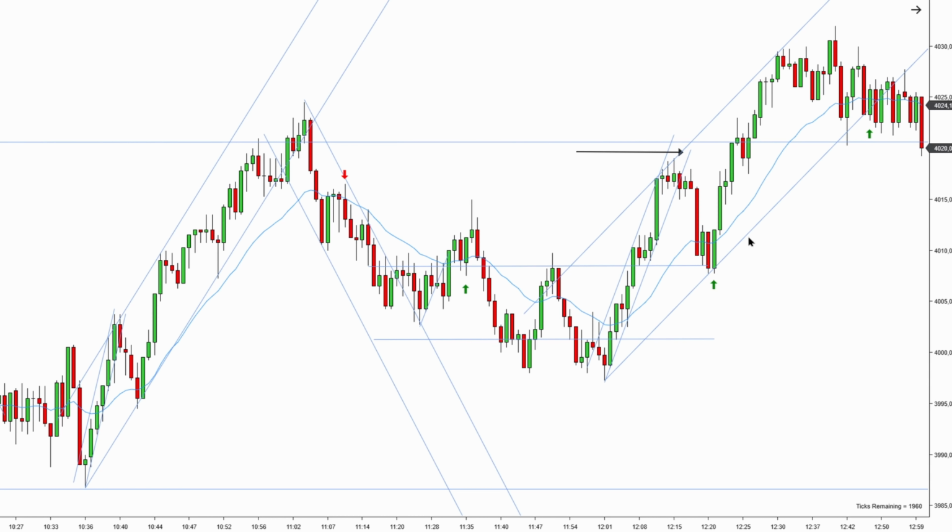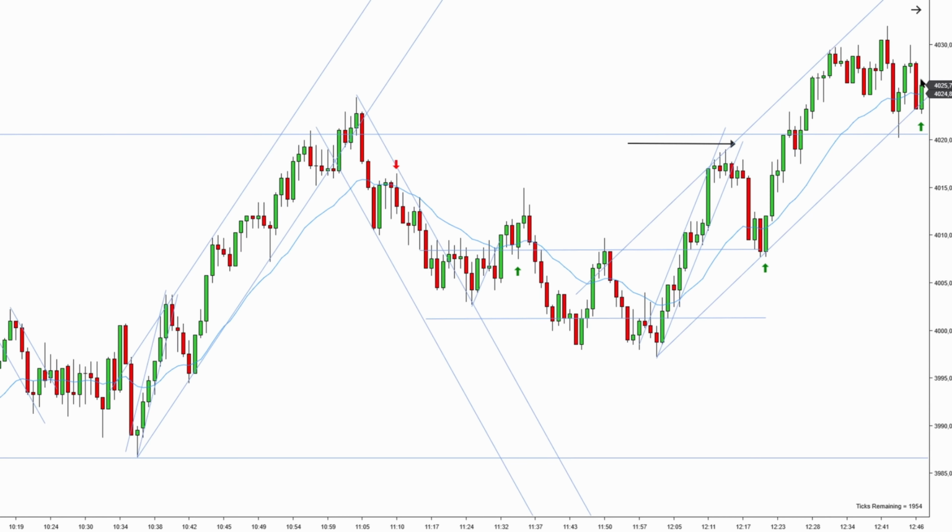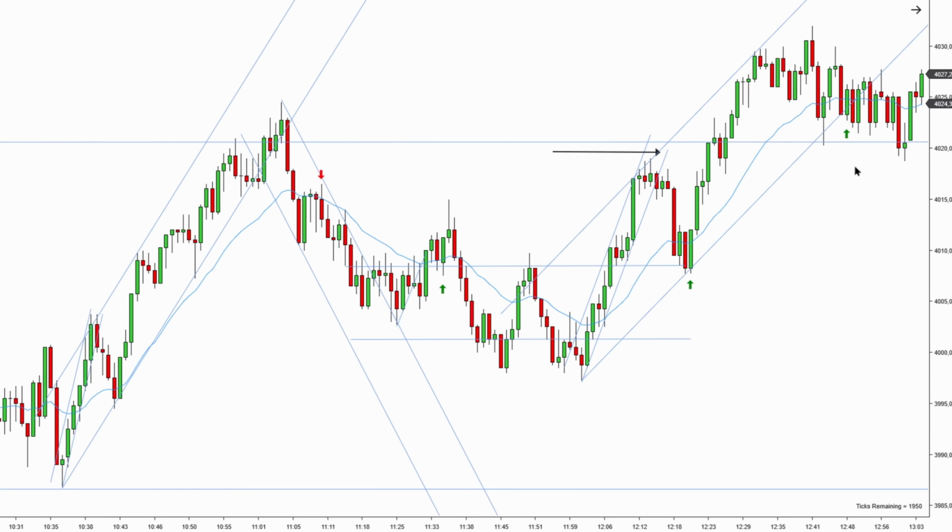But notice two-legged pullback up, measured move, failed breakout, consolidation, EMA in these bars. Not the greatest entry, but I can definitely see the reasons why you took it. Now you guys can see this is a small little consolidation. How you trade these consolidations: most breakouts of consolidations will fail, and you're fading the breakout with the direction of